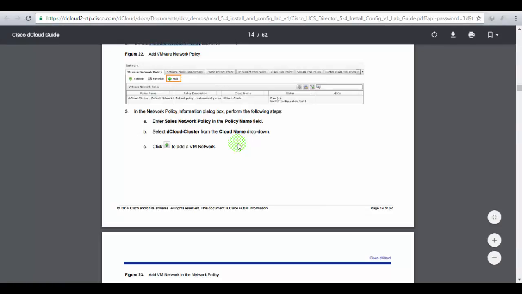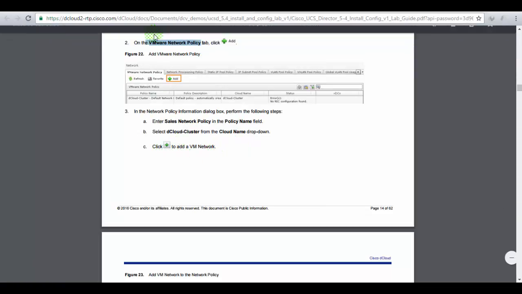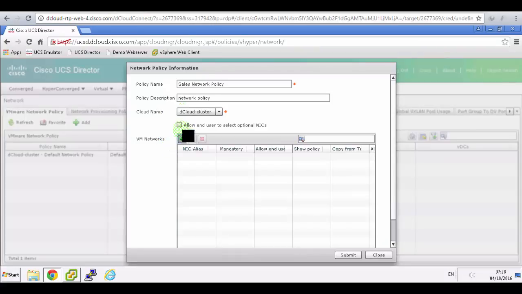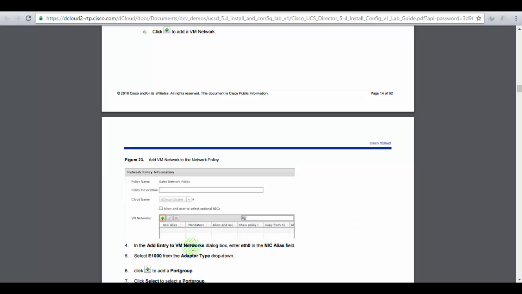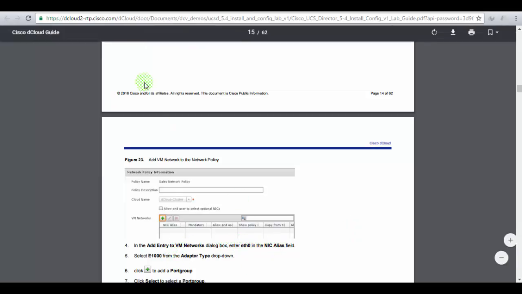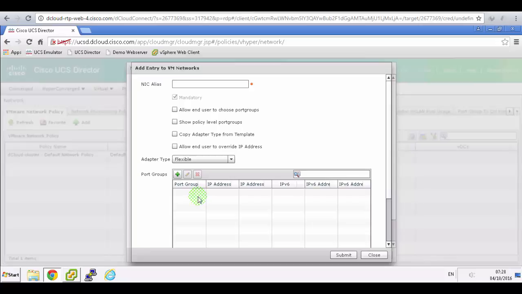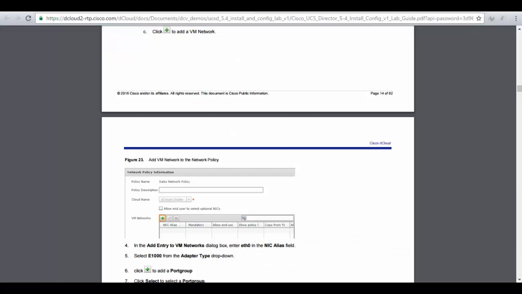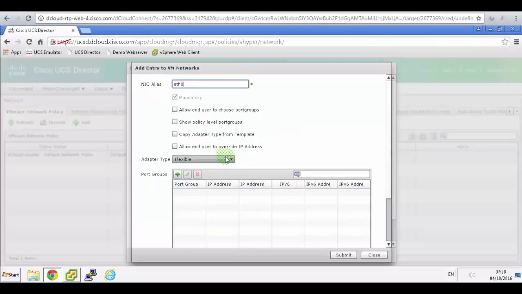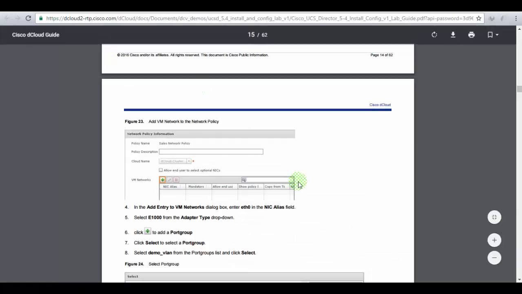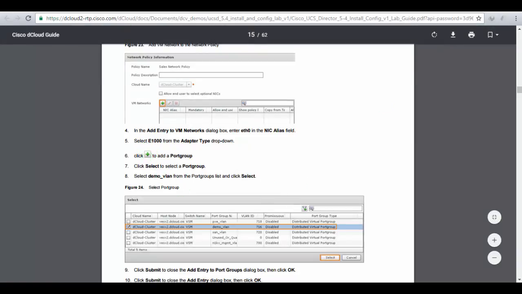And click plus to add a VM network. So let's do that. In the add entry, we've got to add Ethernet 0 in the NIC alias field. And select E1000 from adapter type. And click plus to add a port group,